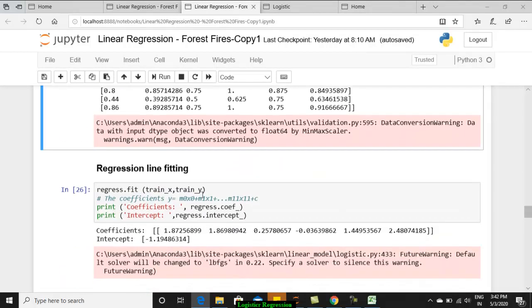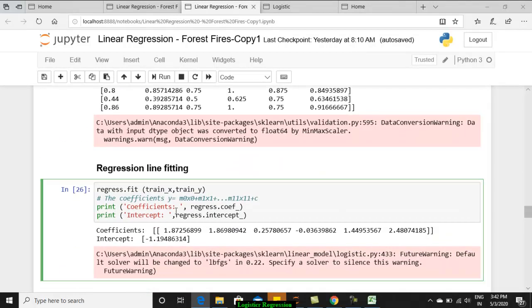Okay. So once it is done, we go for regression line fitting. Be it linear regression or logistic regression, doesn't matter. We are going to fit a line called y = mx + c. But in linear regression, we give the calculated value as such. In logistic regression, again we use a sigmoidal function over the computed value, and we say whether the probability of placing this particular instance in class A or class B is higher.